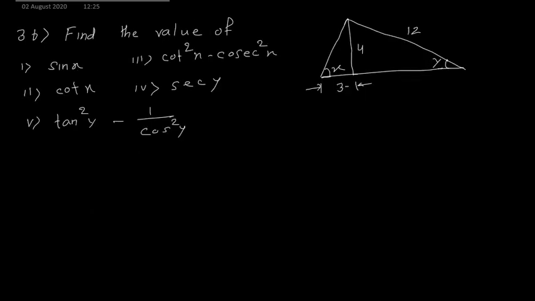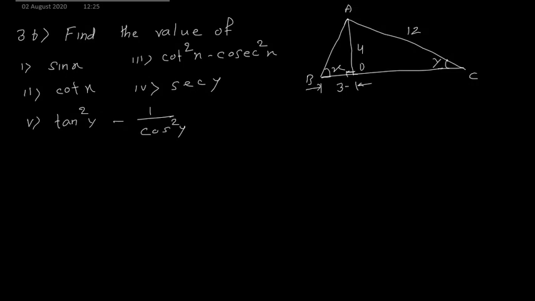Next question is find the value of sin x. Now here nothing is mentioned, so we can write this as point A, this point as B, this point as C and this point as D. Now BD is given 3 and AD is given 4 and this AC is given 12. Nothing else, no other values are given. And this AD is perpendicular.